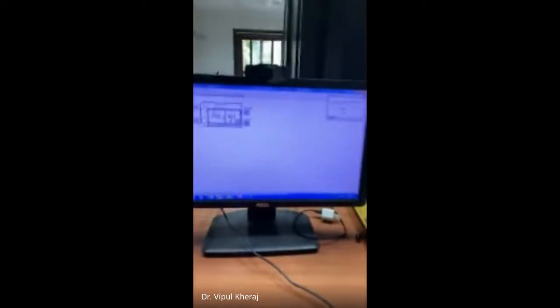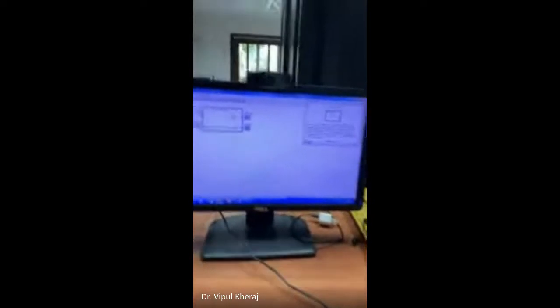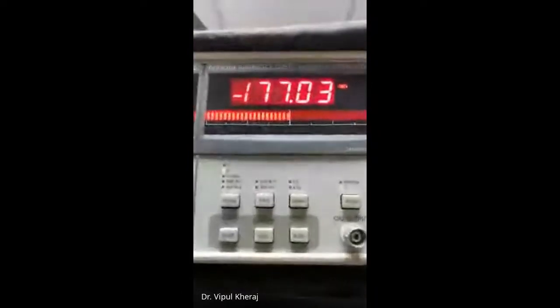For example, the one that we have here is the SR830. SR830 is the name of this instrument, the lock-in amplifier, Stanford Research model 830. It's a very popular instrument.